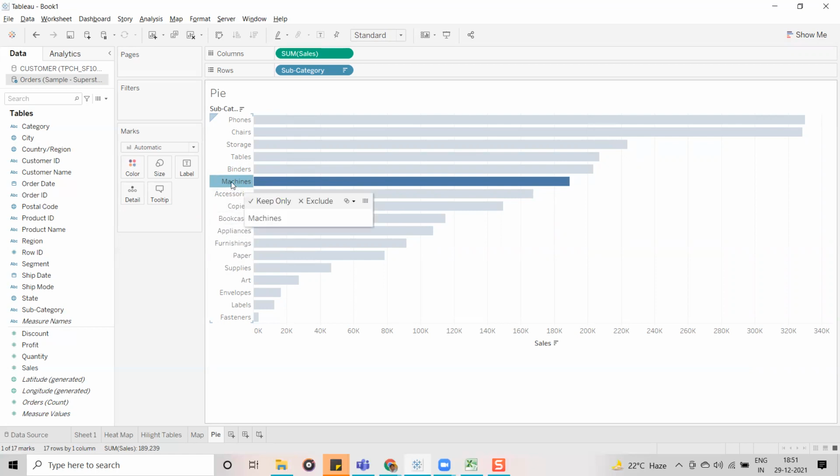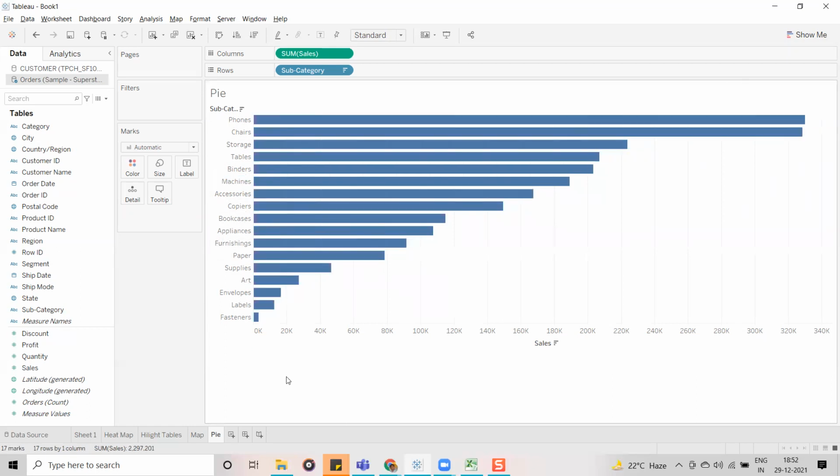Whatever you see at the top is better compared to machines, having more sales, and whatever you see at the bottom is not that great compared to machines in terms of sales, correct? Everything is for comparison purposes only, guys.